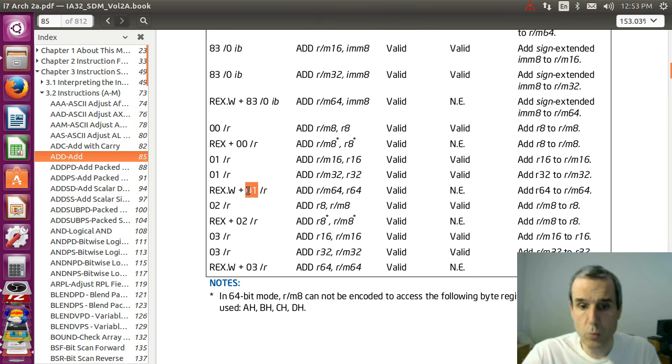So it's a 01 with the register coded in 3 bits. This register is coded in 3 bits. So if it's RAX, it's 0. So it's going to be a 48, 0, and then the RM64, which is you look in a table in the